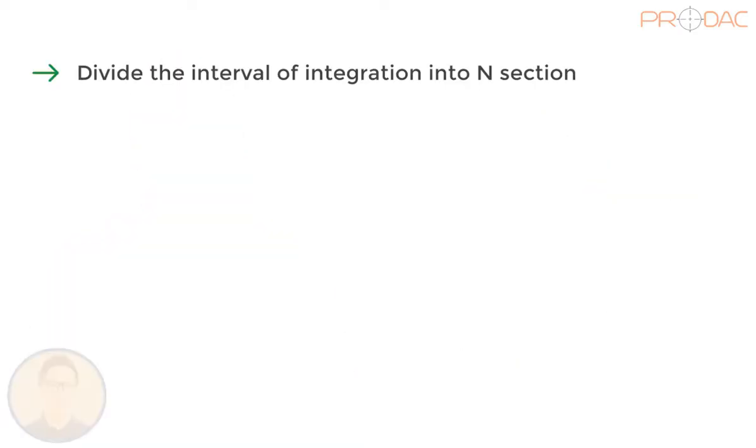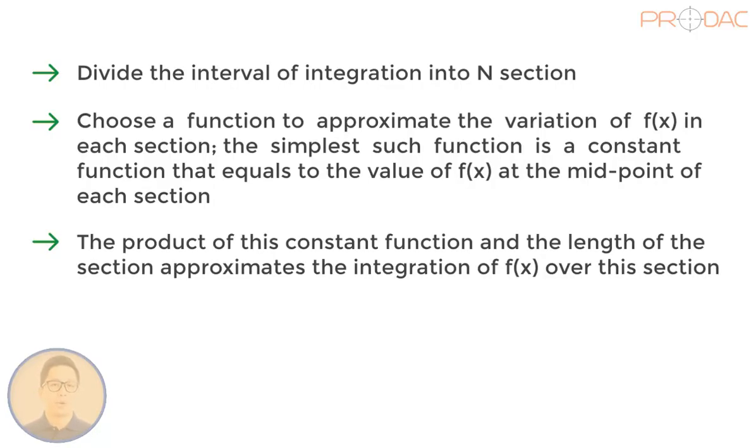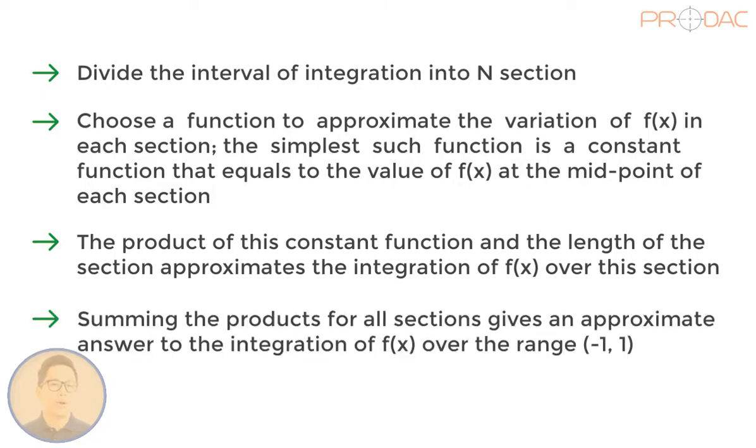1. Divide the interval of integration into n sections. 2. Choose a function to approximate the variation of f(x) in each section. The simplest such function is a constant function that equals the value of f(x) at the midpoint of each section. 3. The product of this constant function and the length of the section approximates the integration of f(x) over this section. 4. Summing the products for all sections gives an approximate answer to the integration of f(x) over the